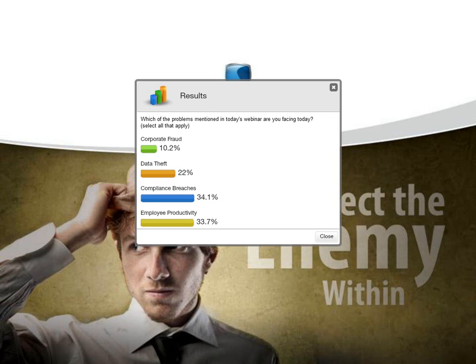Mm-hmm. And does this particular solution speak to what we're hearing so much now, that you need to assume compromise? The attackers are going to get in, or there's going to be some malfeasance committed by your trusted insiders, and you need to assume that's going to happen, and then catch them in the act and try to limit the damage. Does UAM technology and some of those others I just mentioned speak to that? Are we seeing sort of an evolution?